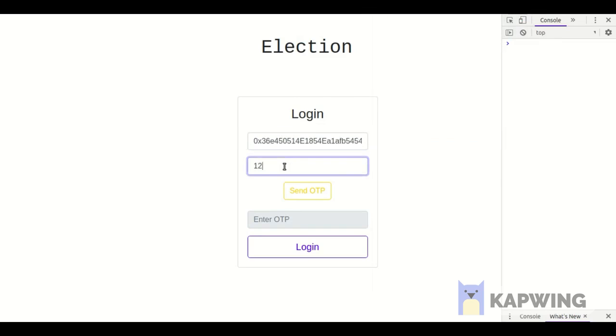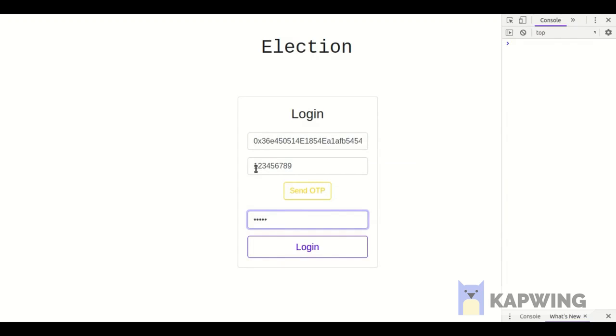And once the user enters their Aadhaar number and clicks send OTP, they'll receive the OTP on the mobile number that they have registered with the Aadhaar number. Once entering the OTP, when the login button is clicked, the Aadhaar number and the account number are merged into a single string, and an RSA encryption with 1024-bit keys is applied on this,